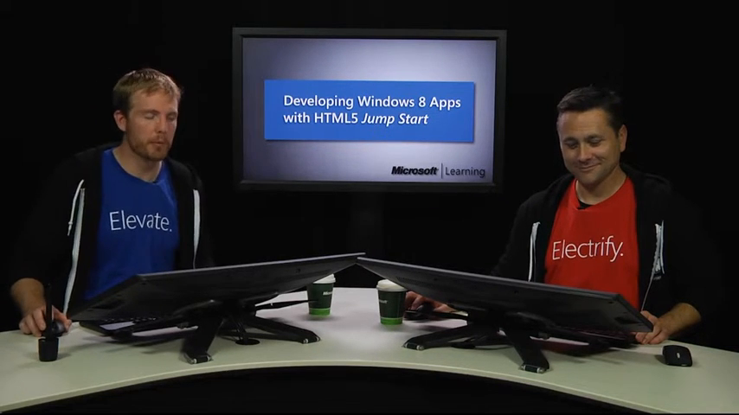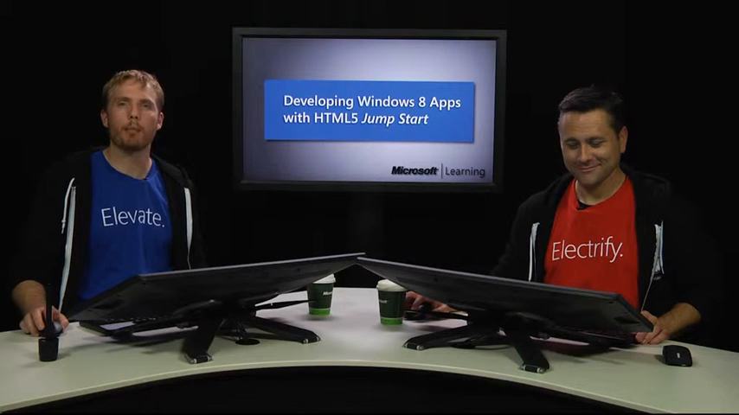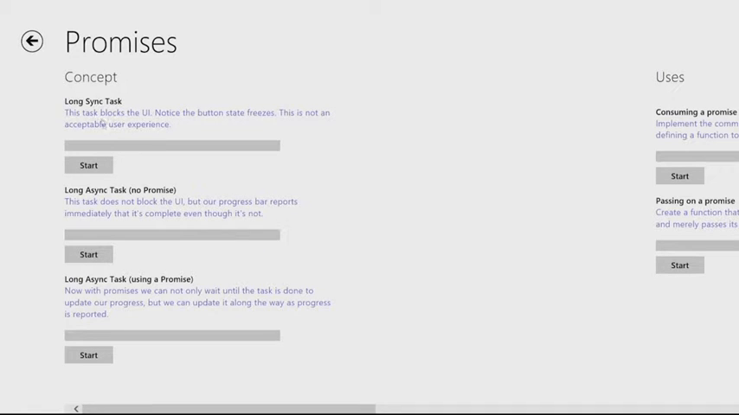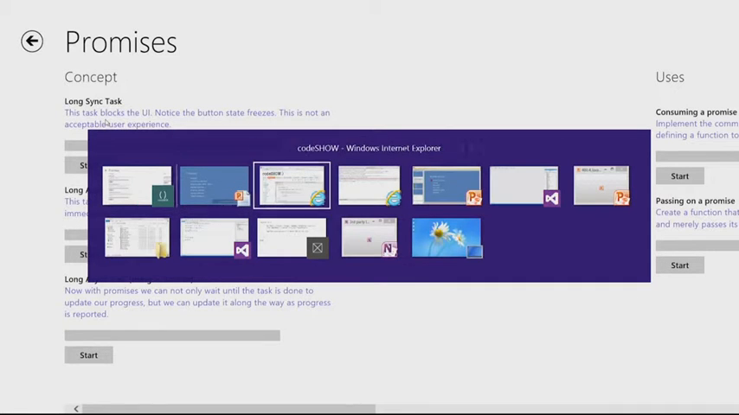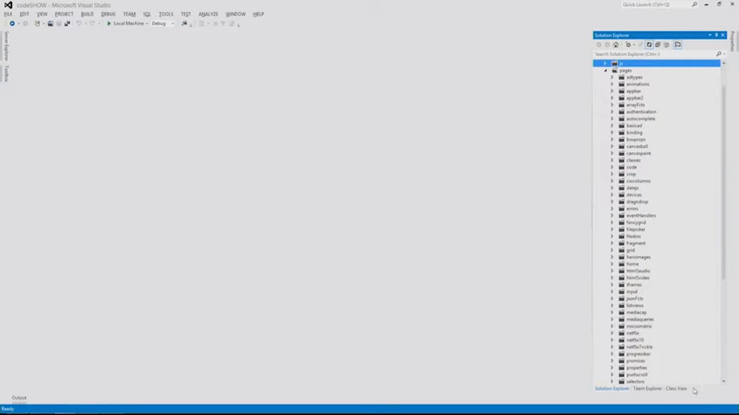Okay, so first the concept. I want you guys to understand again what problem we're solving here. So the first problem is this: I have emulated a long sync task by just doing a while loop. In the code, I'll actually show you what that looks like. We'll go to